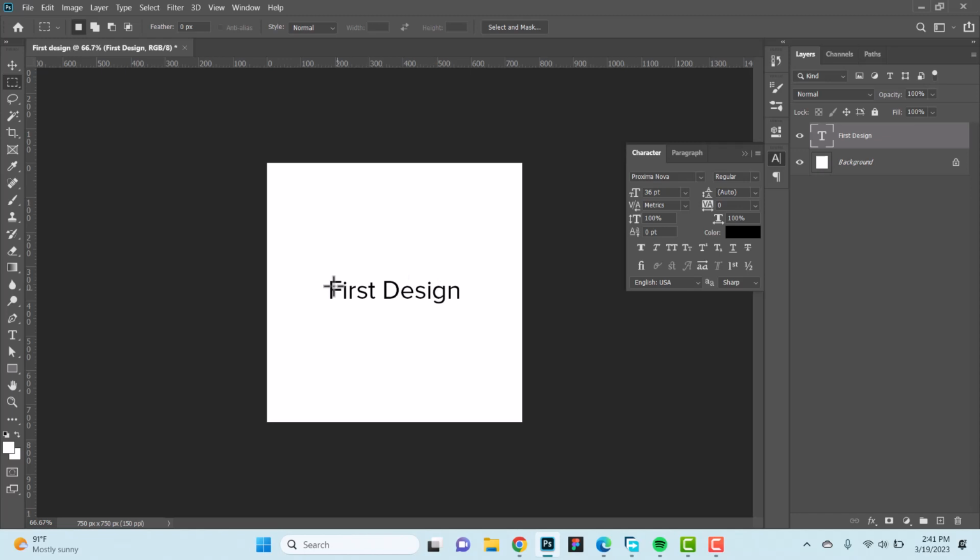Also explaining the rectangular tool, you can usually use it to make a selection. As you can see, I typed first design here. If I use the rectangular tool, as you can see, the rectangular tool is over first. If I click on delete,